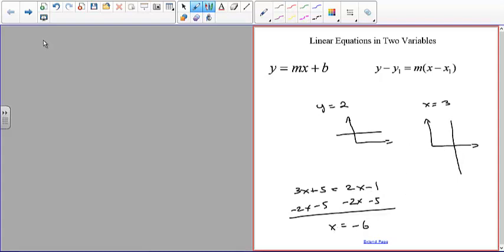Now most lines are in two variables, and there's two basic forms. There's what's called the slope-intercept form, and there's the point-slope form. Here in the slope-intercept form, you have m, which is the slope, and b, which is the y-intercept. In the point-slope form of the linear equation, you have the coordinates of one point on the line, x1, y1,